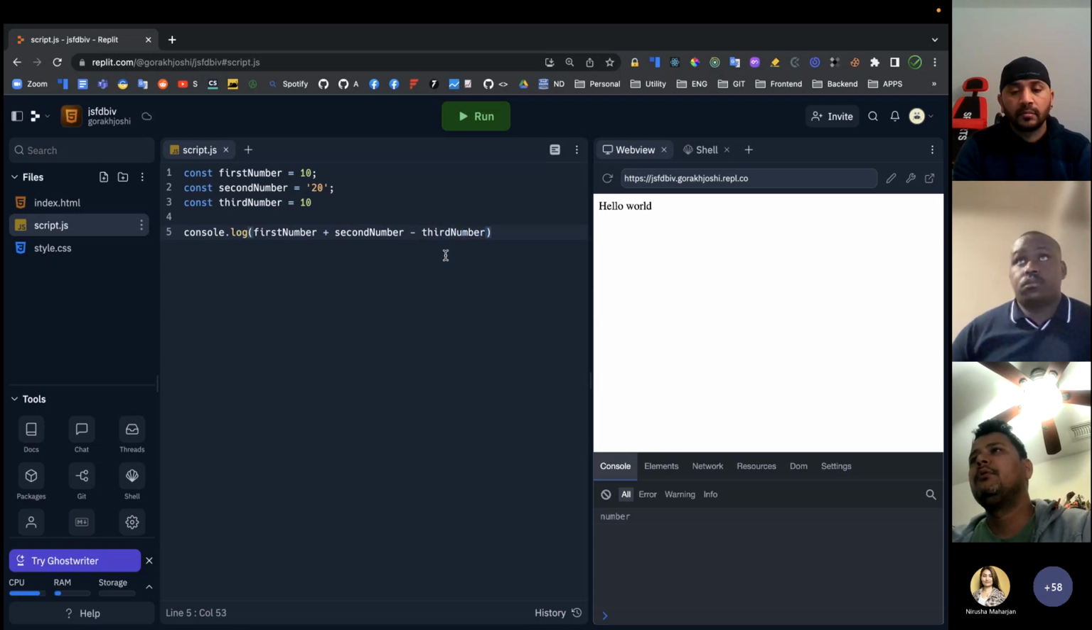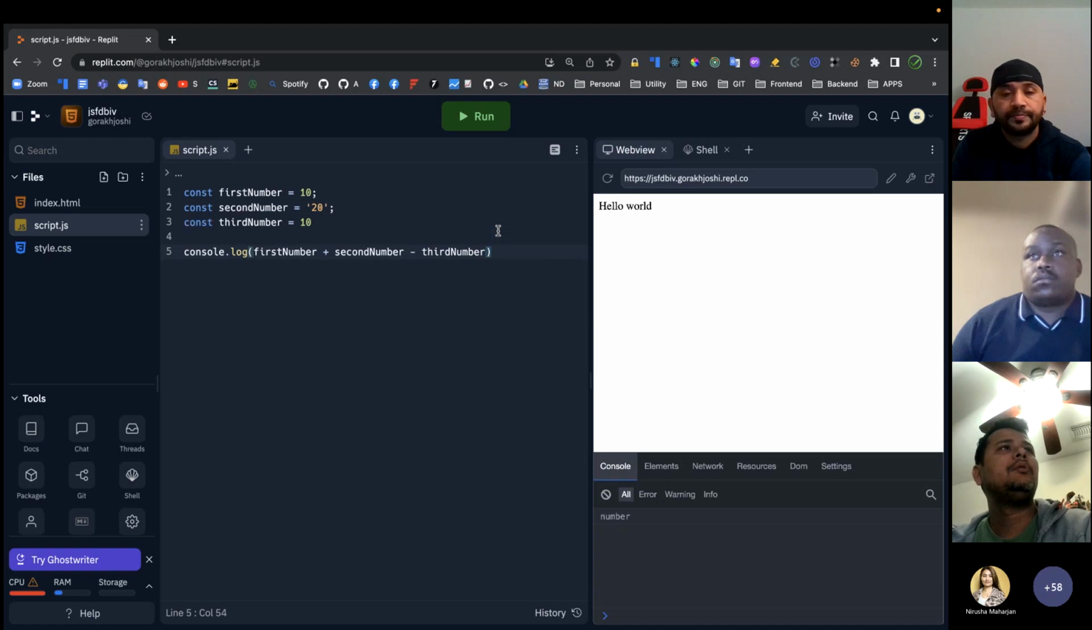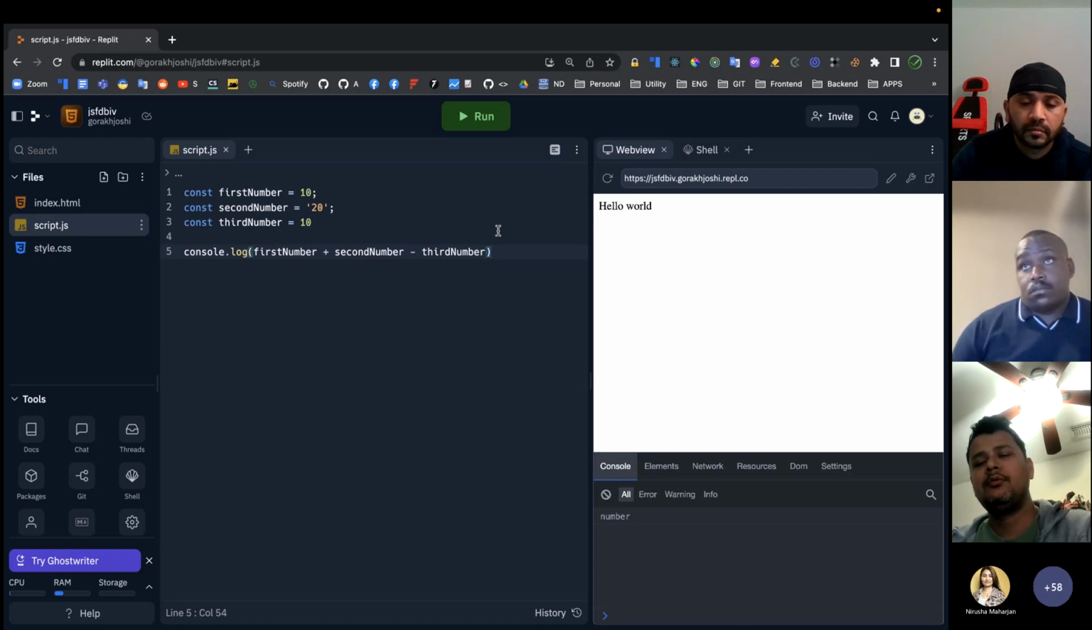So what will be the value? What will be the output that I will see on the console from this operation? What will be the output that will be visible on the console? 20. Oh, no. It's 10 minus 10, 0, and then